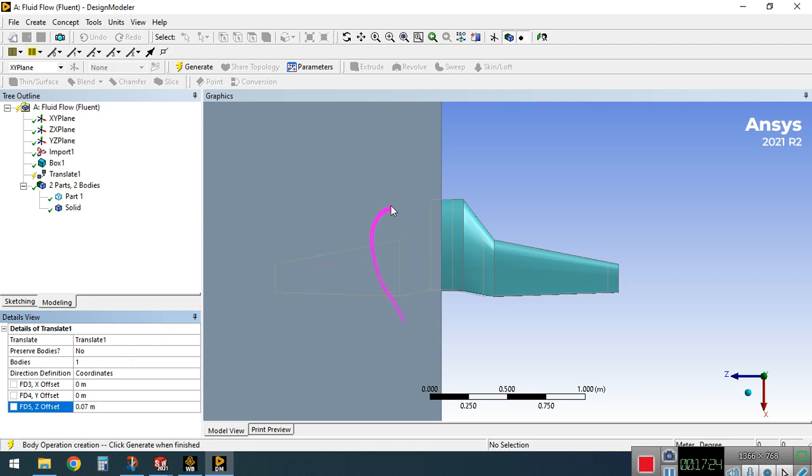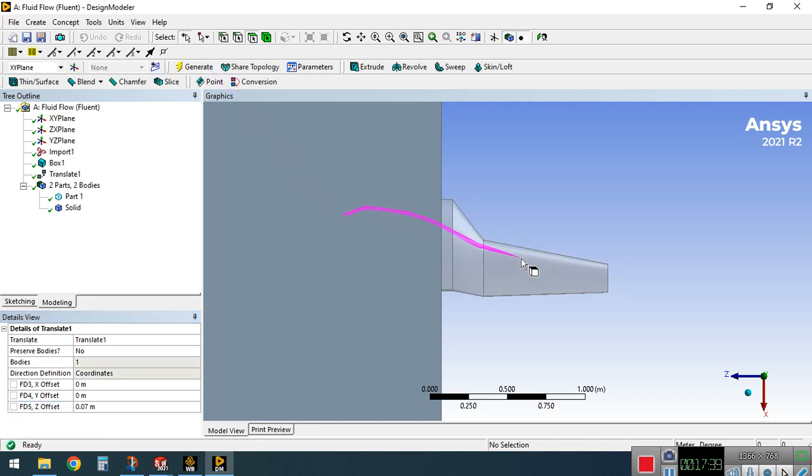As you can see, there is a preview which shows the right value of translation. Okay, just generate it. So the plane moved